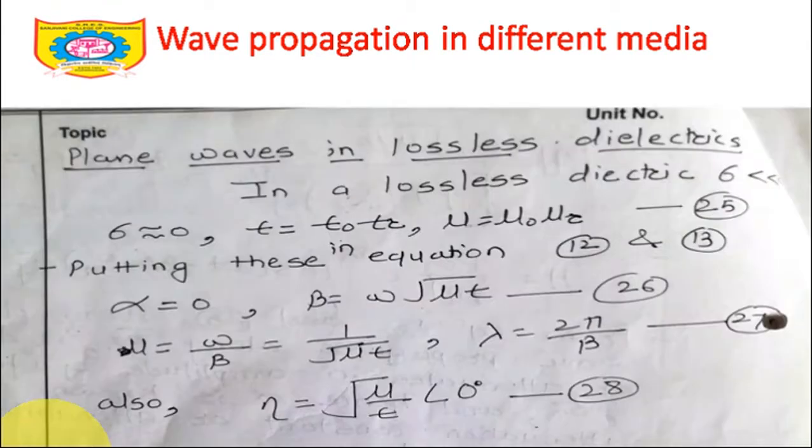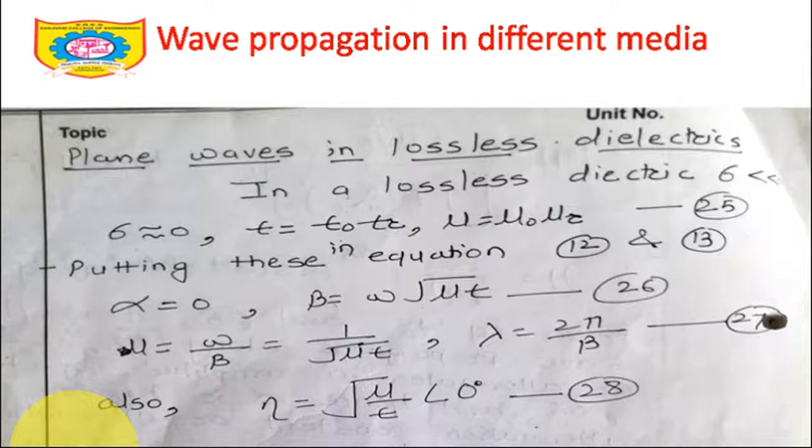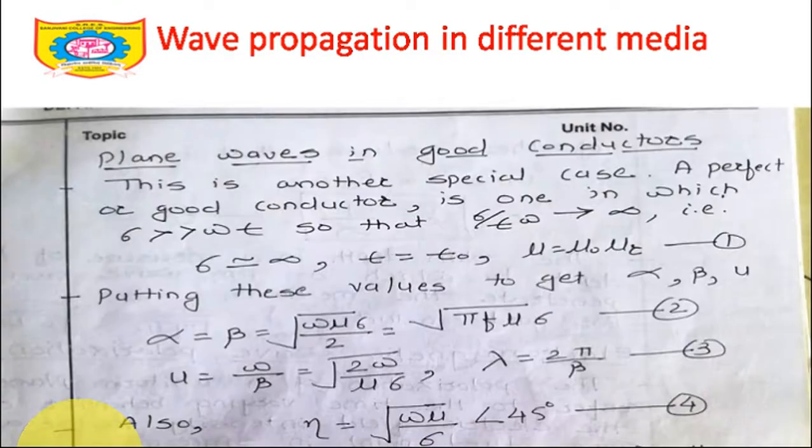If I put sigma as almost infinity, going towards infinity, then this term we can neglect, as this is a dominating term. So under root of j means we are having an angle of 90 degrees inside the square root. You already know, if I want to calculate the angle outside the square root, it will be 90 upon 2, which is 45. So I am left with omega mu divided by sigma in case of the conductor. In case of a conductor, I will get this value as omega mu upon sigma at an angle 45.